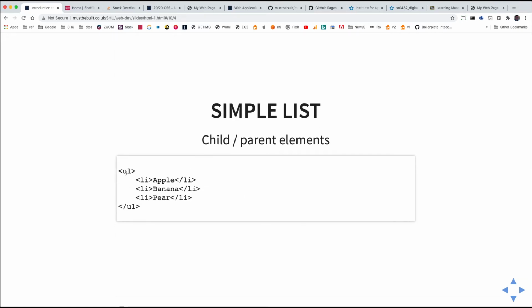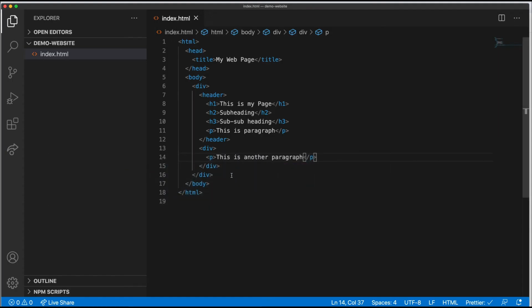Lists consist of a UL and an LI, so these are block elements again. You might have a UL to indicate that you've got a list. If I hit tab there in Visual Studio Code, it's going to put the closing element in there for me, and then an LI would be a list item,